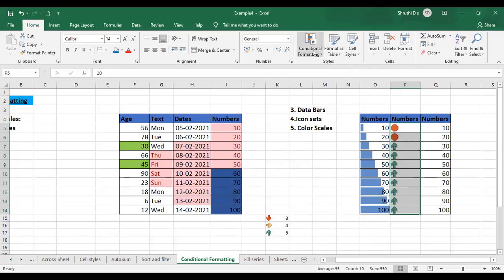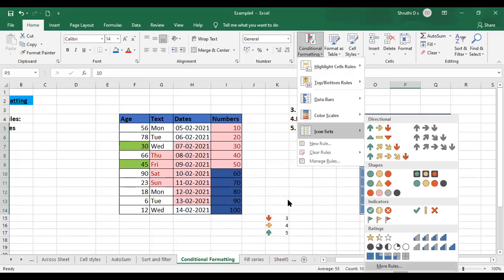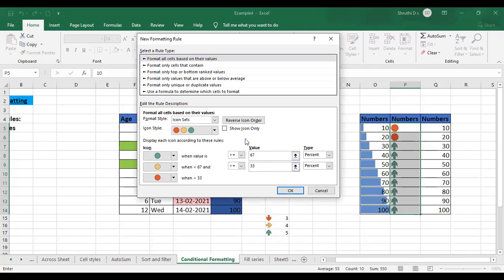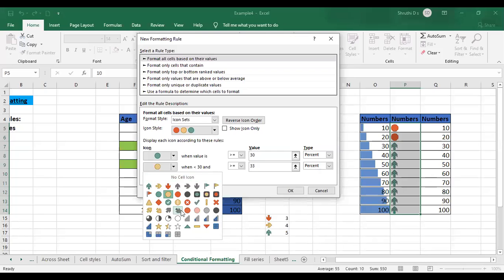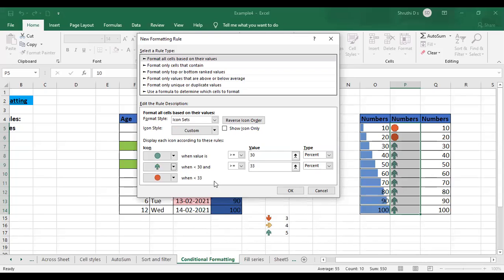Maybe the condition which I gave was not considered. Just change the condition there, you can make it greater than 30 here, and select this. If it is less than 30, we'll change the sign to an arrow mark here.